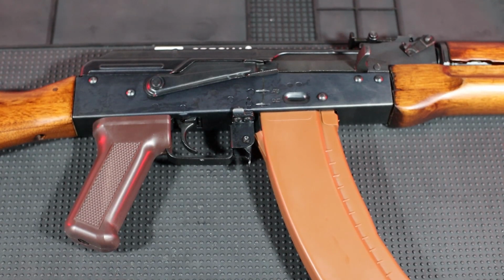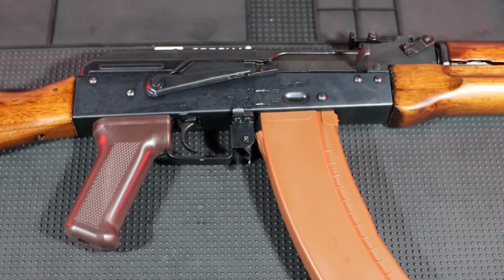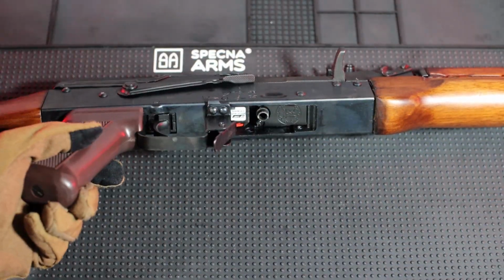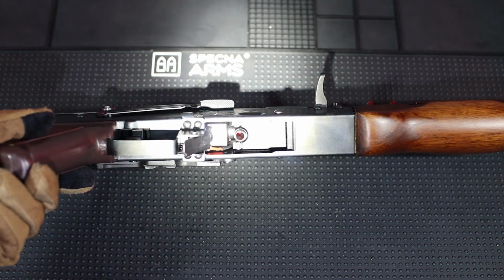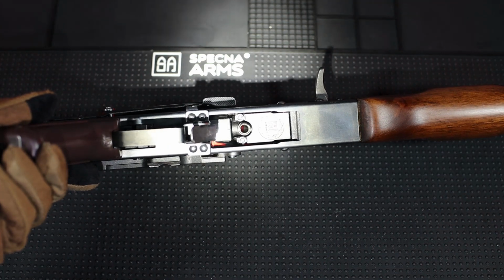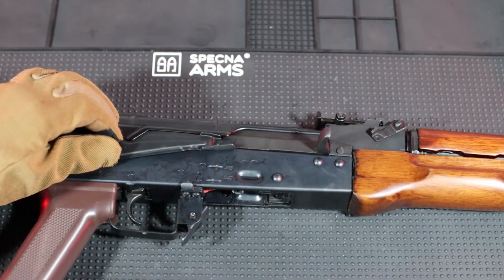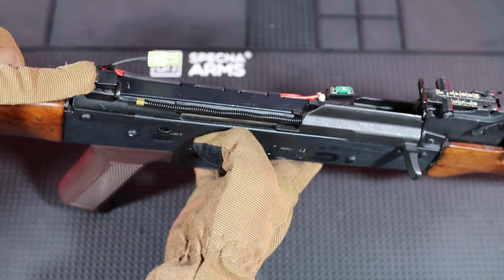The gearbox shell has a quick spring change system that can be accessed without disassembling the entire replica, and will only need a multi-tool. You may know this method from the Quick Fix series on the Gunfire YouTube channel, but I will also show you how to do it. First I check if the nozzle is in the rear position. Then I unscrew the screw holding the selector and disassemble it. Now I take off the dust cover. I pull out the bolt guide with the spring